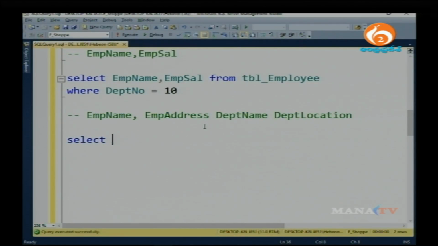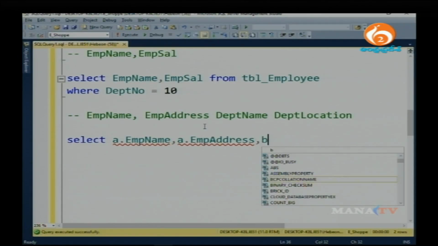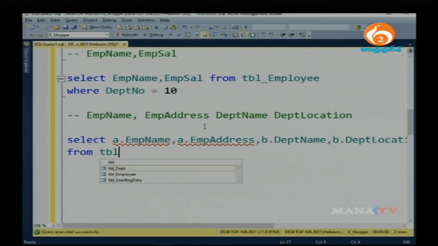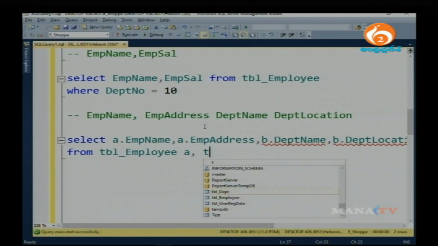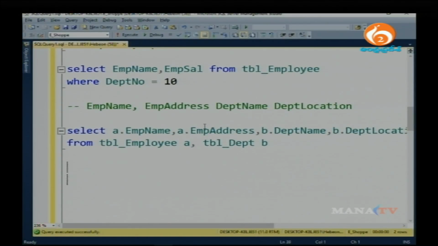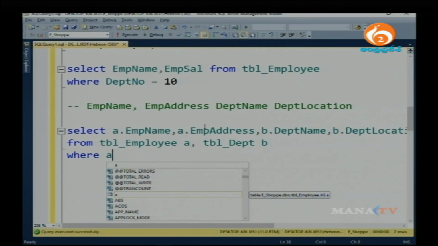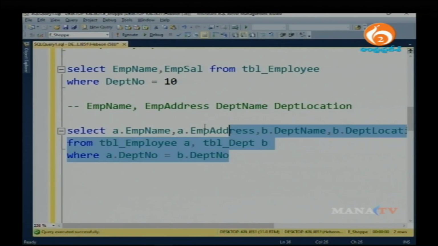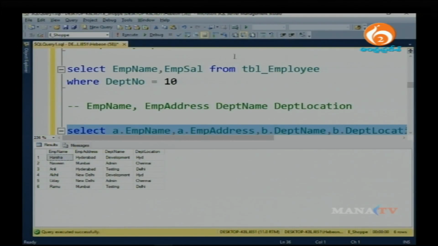What I want to do is generate a report: employee name and employee address belong to table 1, and B dot is the alias name I am giving for the second table, that is B dot department name and B dot department location, from the table employee A, table department B. Now, after this, where A dot department number is equal to B dot department number. If you execute this query, you can see the output,